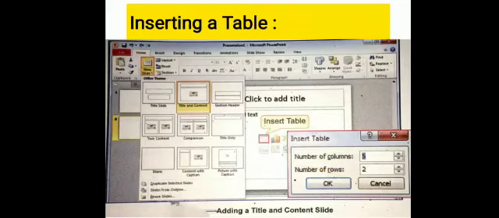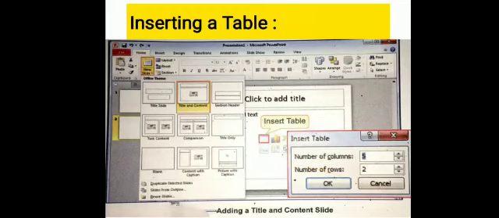Okay. So to insert a table, click on the New Slide drop-down arrow that is present in the Home tab. When you click on the Home tab, select New Slide. The slide layout gallery will open and you have to select Title and Content. One question is there: which type of slide layout appears by default while operating Microsoft PowerPoint? The answer is, when we open PowerPoint, the first slide layout, that is Title Slide, is open by default. So for inserting a table, we have to select the second one, Title and Content.